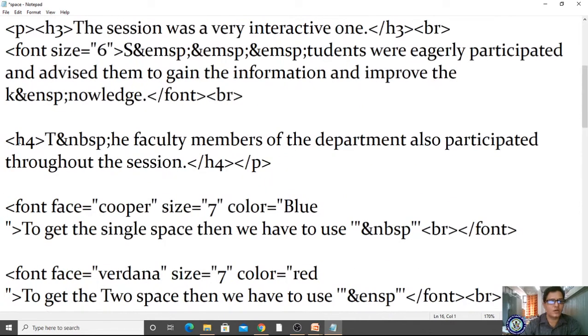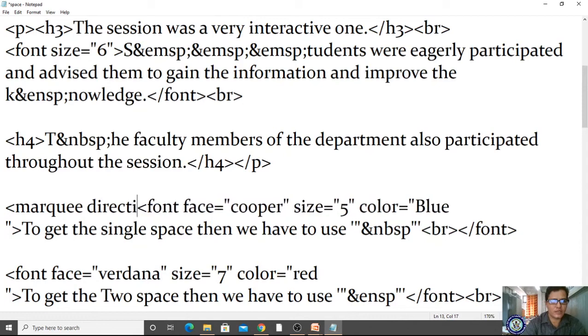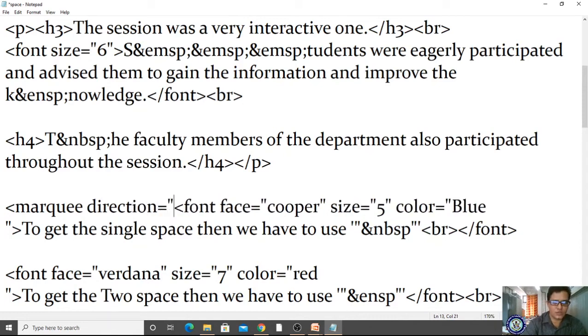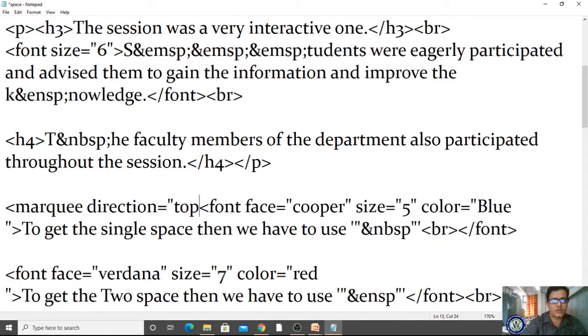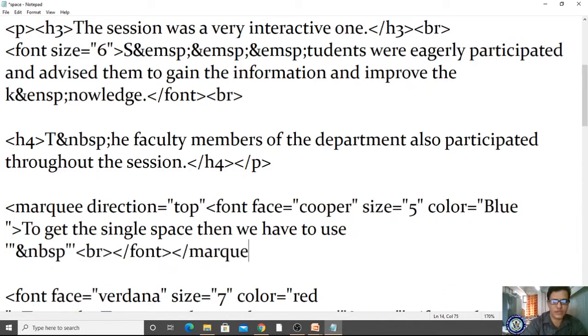Okay, now let me make this a marquee, and I'm changing the size to 5, which is enough. Okay, and I'm coming here, marquee direction equals, within double quotation, I'm giving top, which means it will scroll bottom to top. And where is my marquee supposed to end? By the end of my text.